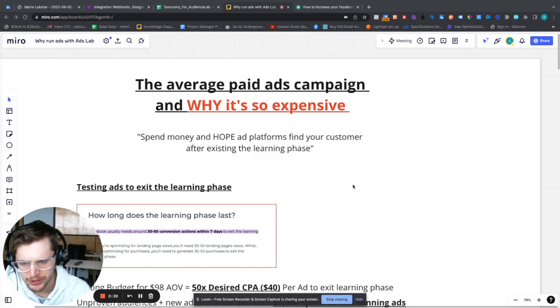Okay, so I'm going to introduce you guys today to something called feedback loop marketing, right? We might change the name, we might not. Essentially, it is a new way of marketing or a new way of paid advertising where rather than just hoping for the best and relying on the ad platforms to hit the 50 plus conversions by just testing a bunch of ads to hopefully find your ideal customer, it's actually moving into a different realm where you use first-party data to train the algorithm, and then you tell them this is right, this is wrong, this is right, this is wrong. So you get out of the learning phase way quicker, you build audiences faster, and you drop ad costs tremendously.